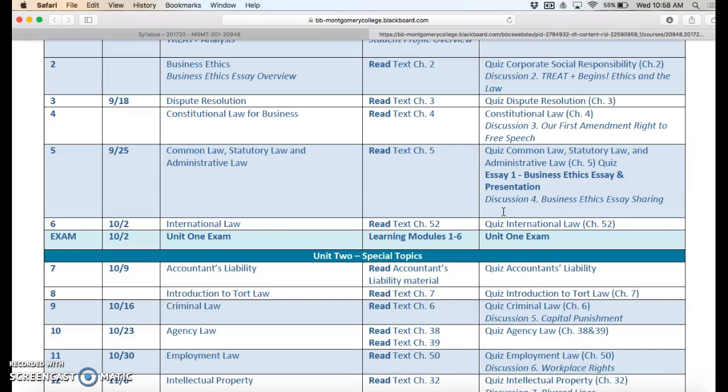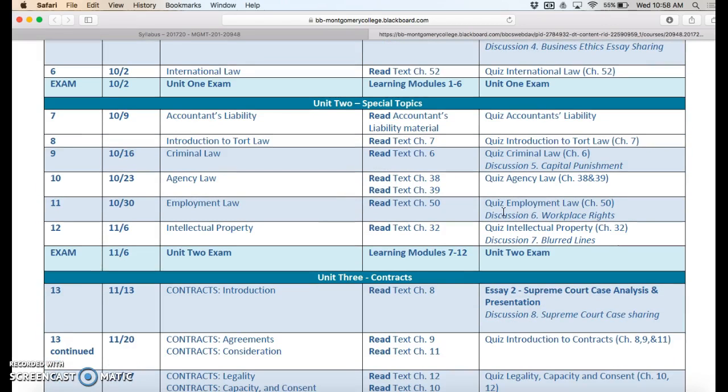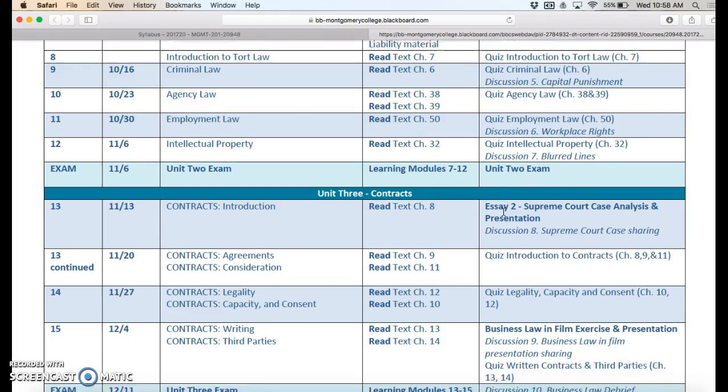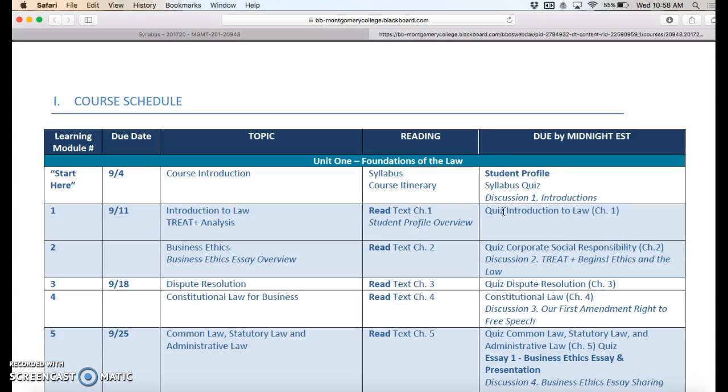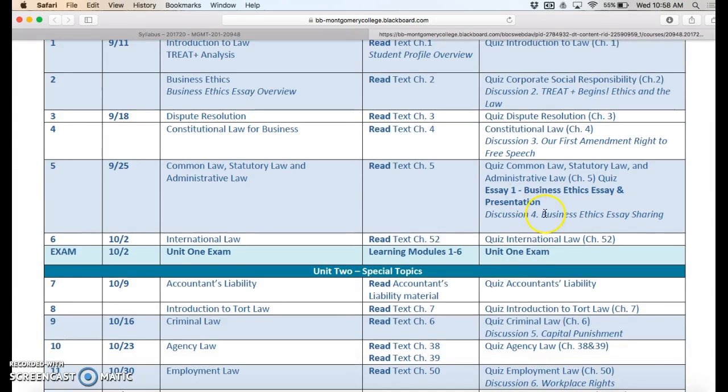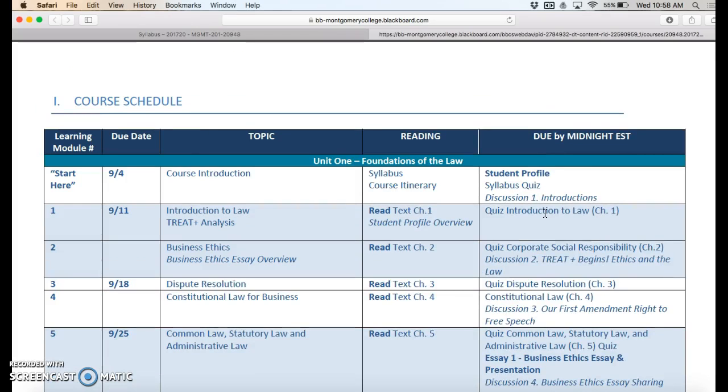Either way, just make sure you get these dates down, and if you're someone that procrastinates, I encourage you to maybe choose an earlier date before the ones I have listed. For the online class, you'll have generally these assignments due by midnight on Sundays. You'll see the due date here as well as the module that needs to be completed. You might see 1 or 2 modules being completed each week. And over here, you'll see any quizzes, discussions, or assignments that are expected to be due by that time.